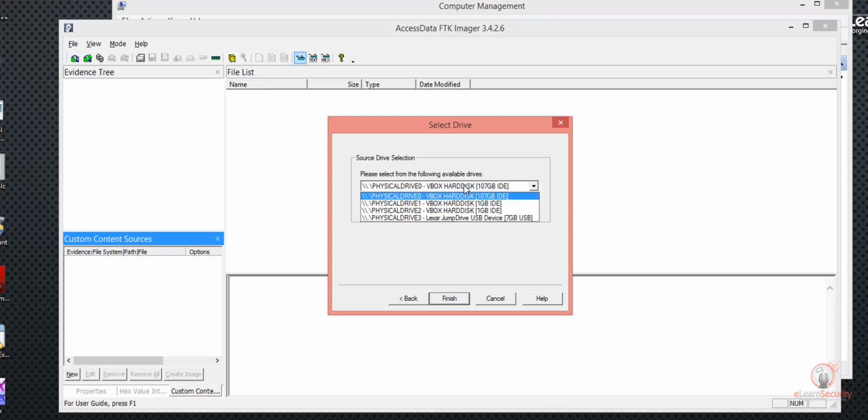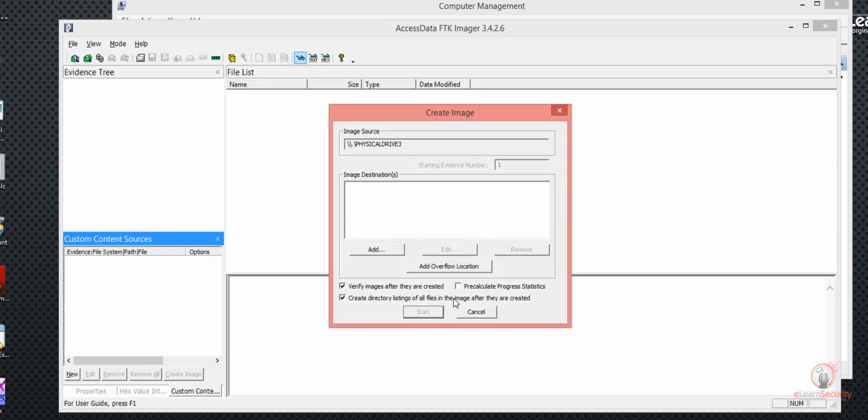From the drop-down menu, let's select the exact USB drive we want to forensically image. Scrolling to the end, let's choose the \\.\PhysicalDrive3 - Lexar JumpDrive USB device, 7 GB USB, and then click Finish. At the Create Image window, let's click the Add button to select the location where we want to store our